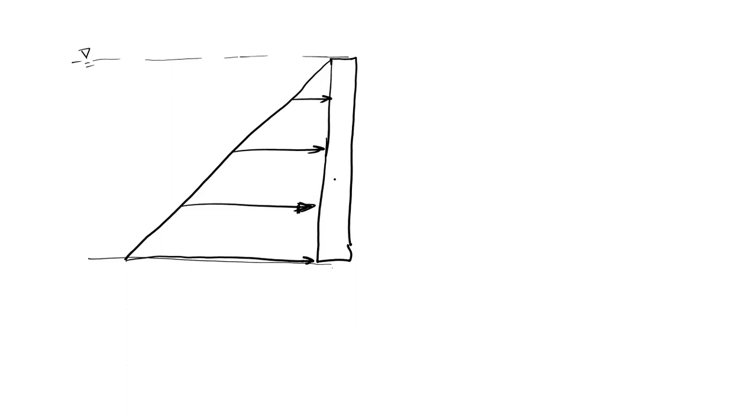So now, how to calculate the center of pressure? First, at a distance x from the free surface, I have taken an element dx. Try to understand the methodology. The width is b, let's suppose. So what will be the force here? At a distance x, it will be rho g x, that is pressure, into area. Area is nothing but b dx, right?